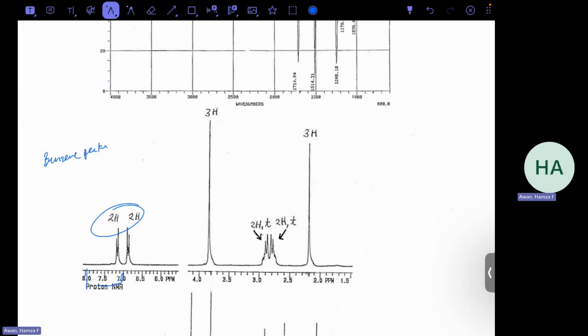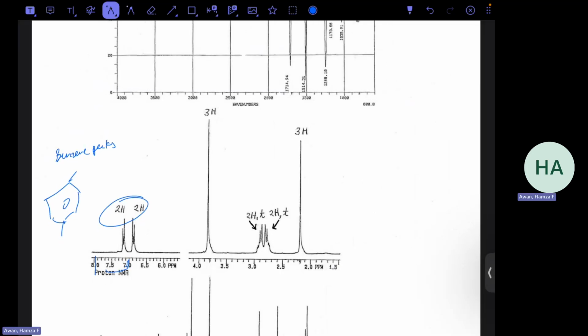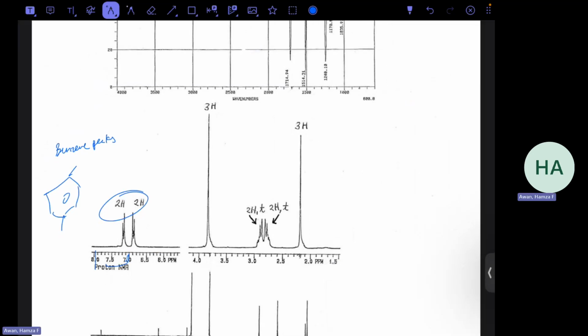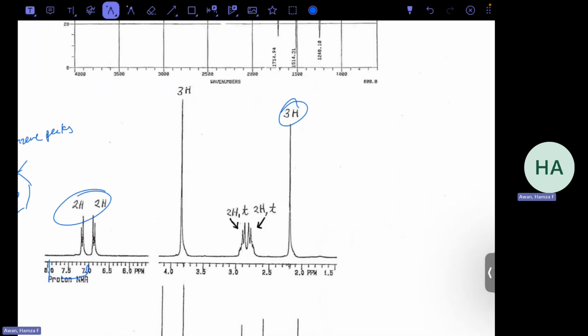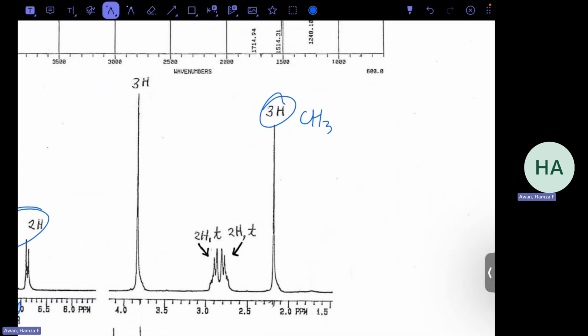Peaks. And remember the doublet peak tells us that it is okay. So we already have some nice clues to where we are. Okay, so we'll start on the right side. So 3H. So we have a CH3 that is bonded to something that has no carbons attached to it. It's at the very end, and it's attached to something